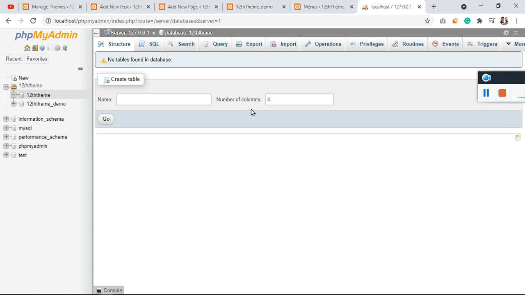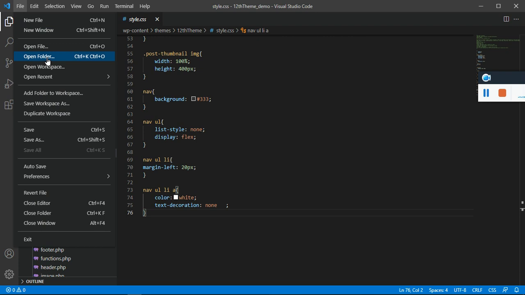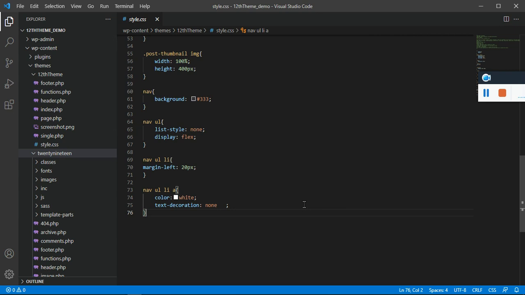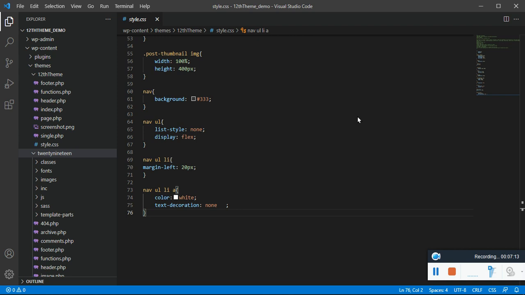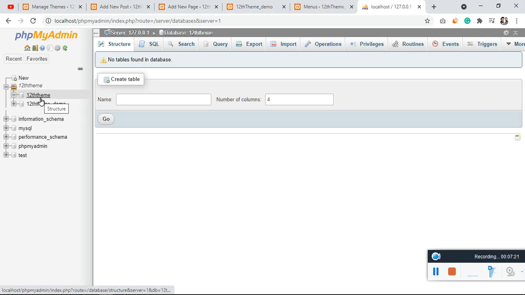You can see our database is also created. Once the database is created, we need to get into the folder with Visual Studio or whichever your favorite editor is. So let me open that file, just to make sure our video is running properly. Fine, it's working. By the time it opens, if you notice, the created database is blank. Actually we need to create another database. So let's create another database. You can see it somehow merged it, underscore UI monk. So this is going to be the database name.